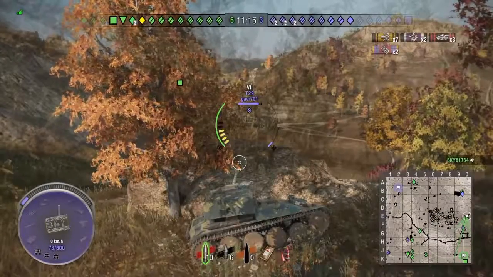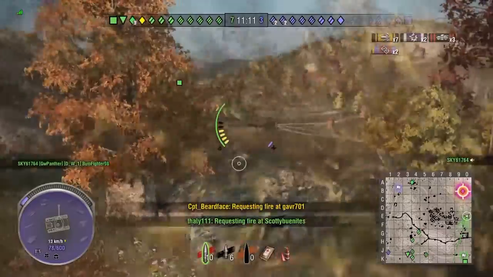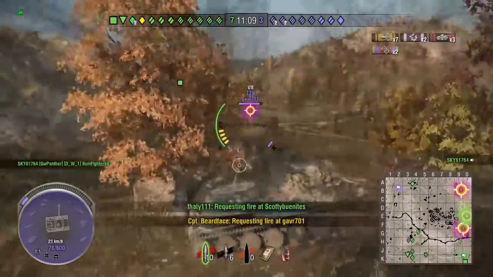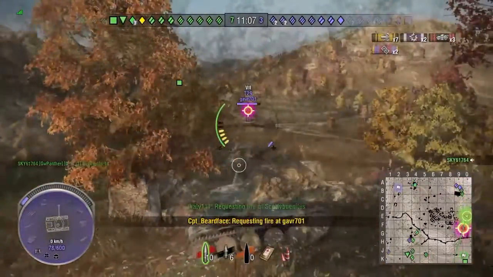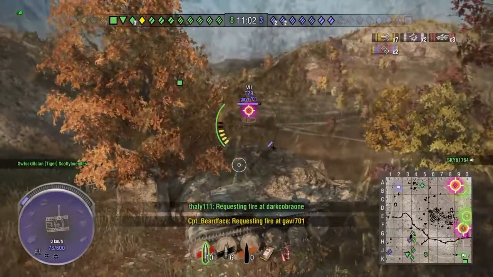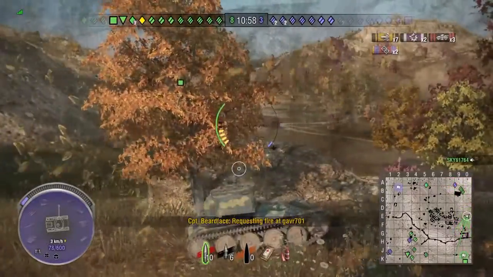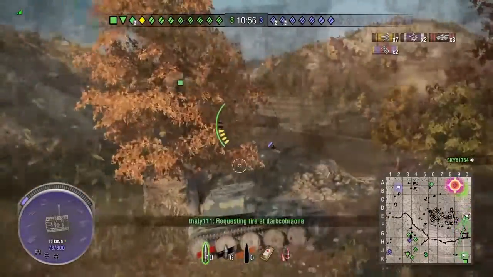And yeah, now I've done it. I'll request fire on him. Try and get artillery to shoot at him. Come on, artillery, what are you doing? It doesn't look like... No. It doesn't look like I'm going to get any help from artillery. I can see the artillery there, and...